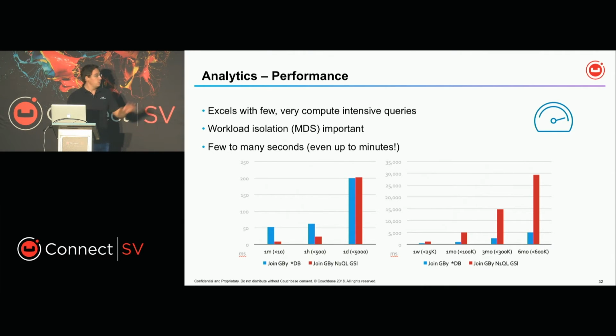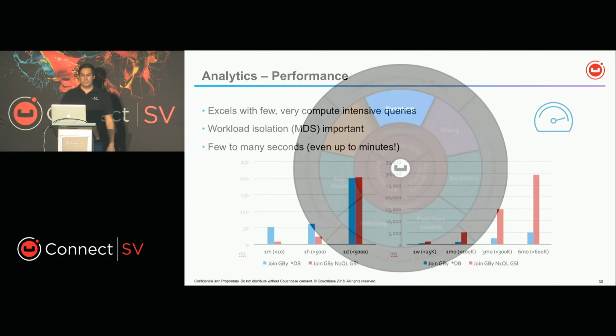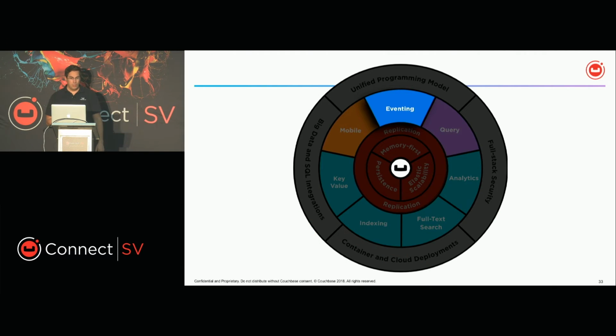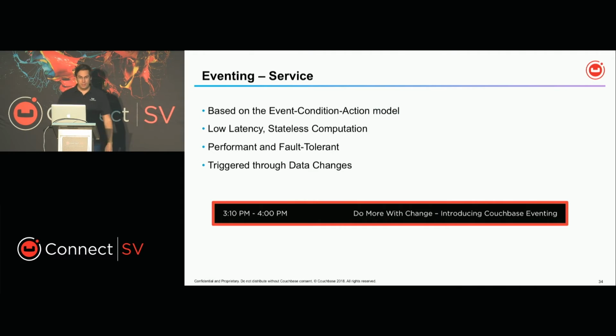If you have lots of data to crunch, go to analytics. Don't try to shoehorn everything into one system. So very quickly about eventing. The eventing service, and again, there is a talk at 3 p.m., so you have to decide between analytics and eventing, I guess. There is a talk on eventing, and very briefly, it basically allows you to perform stateless functions,